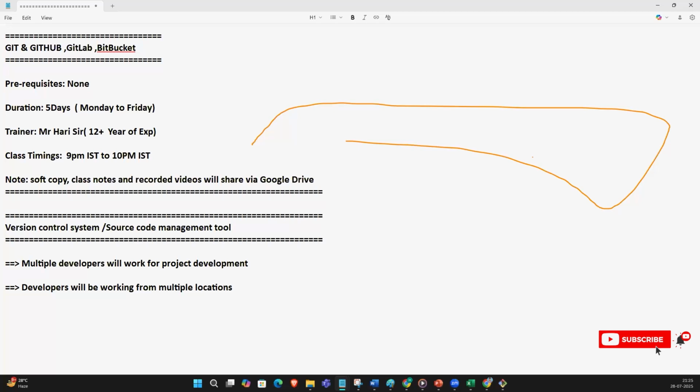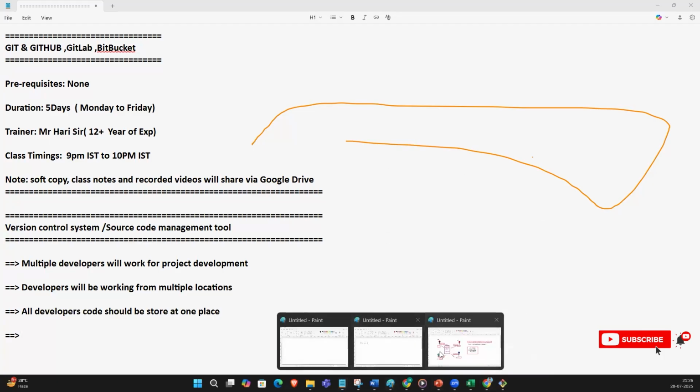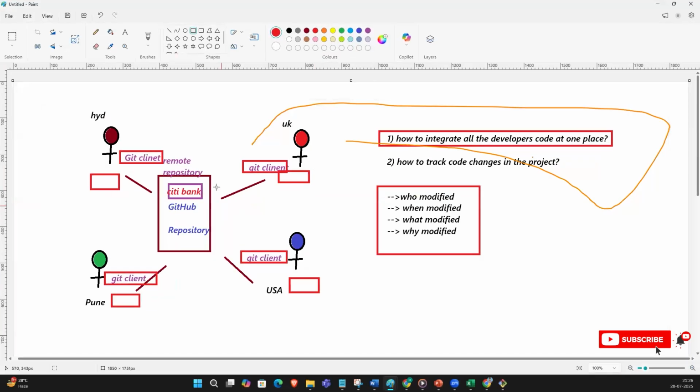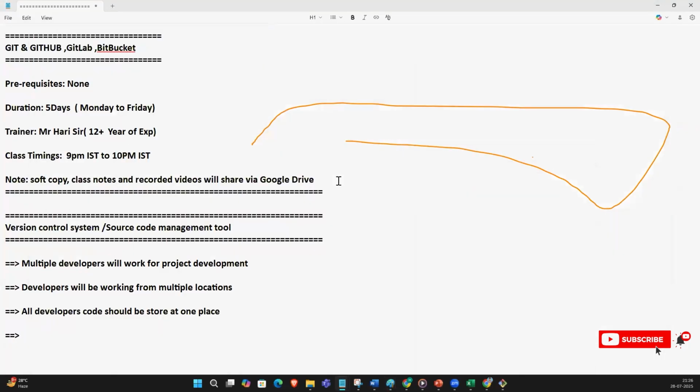And all developers' code should be stored at one place. Here we are storing all the developers' code. Yes, understood? And to integrate all the developers' source code at one place,